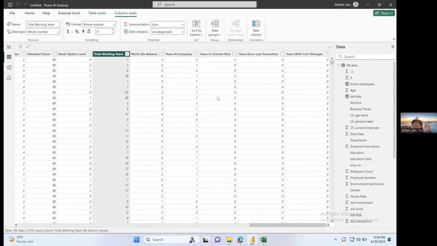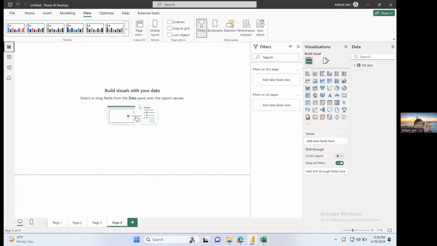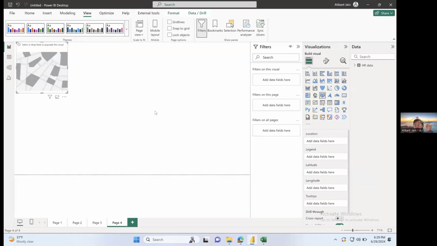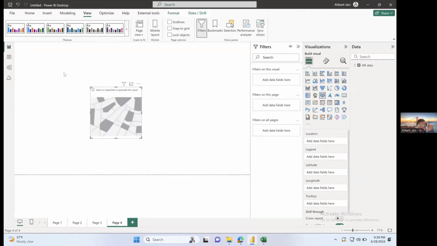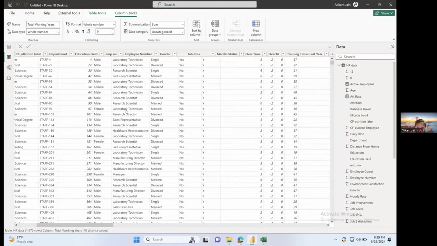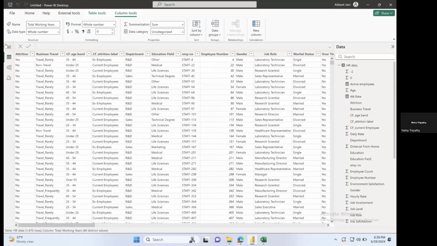And it is important. You just don't jump straight away, drag and drop and create the visuals. No, that's not the right way. Just go to data and see how it is, and then create a dashboard. So I'll just start with creating a dashboard, and you will see how easy Power BI is as compared to